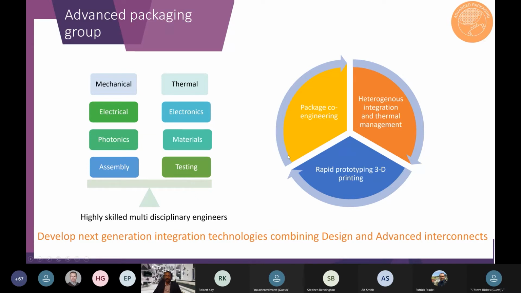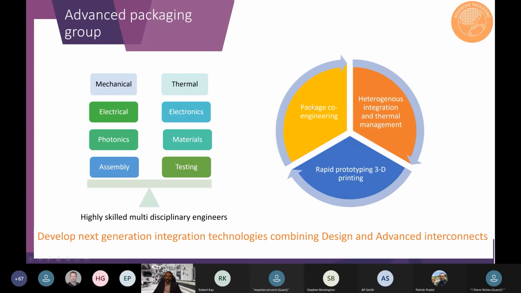So we have three major functions. This is package co-engineering, which is mainly led by design engineers, where they will be working with you to design and optimize your initial concepts.